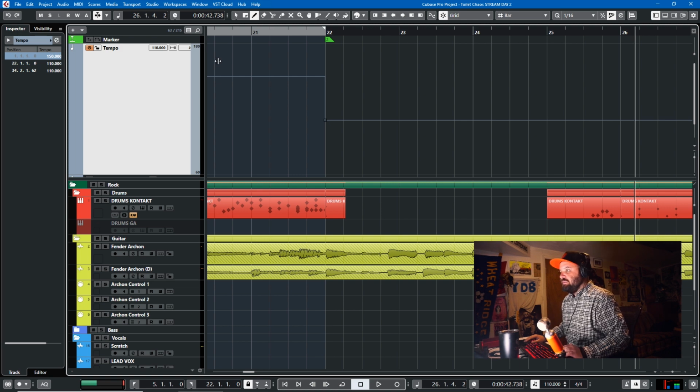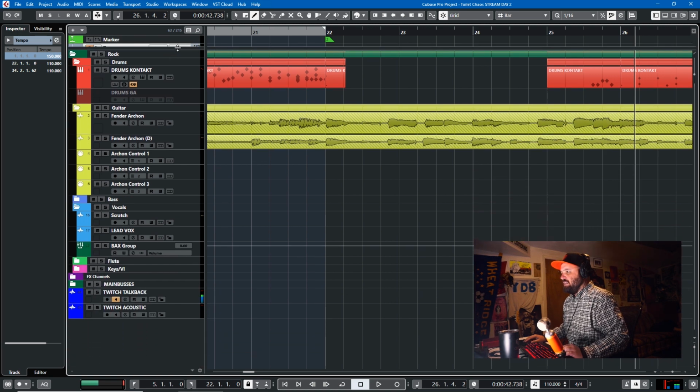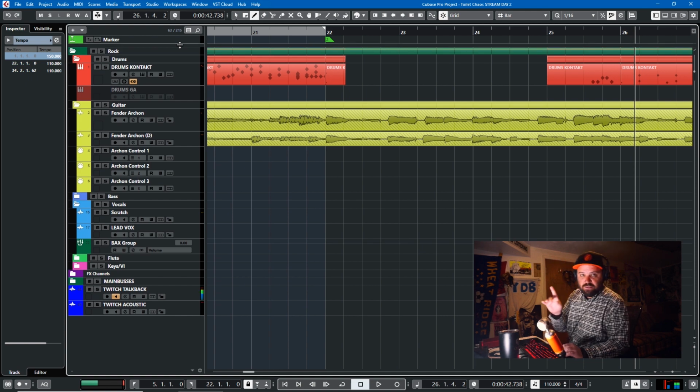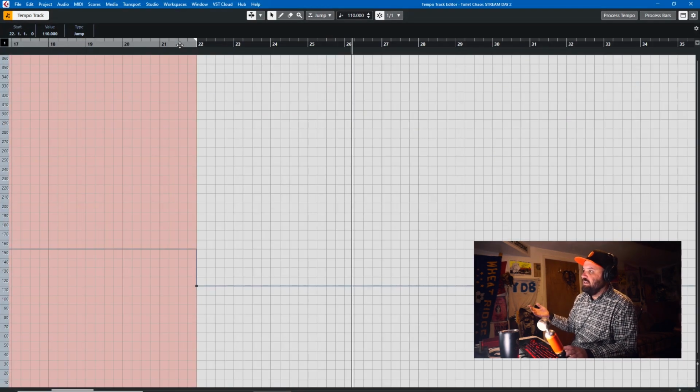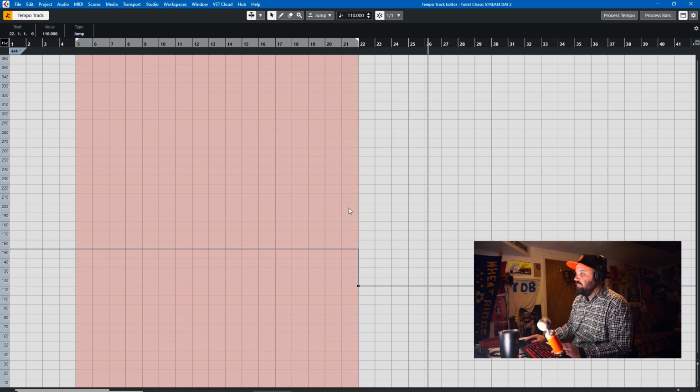But I don't think that this actually on the arranger window is allowed in Cubase Elements, or at least it wasn't when I used it. But there was a tempo track in Cubase Elements that you get to by hitting Control-T. Now, here's the tempo change right here, and that's all well and good, but what if you screwed up